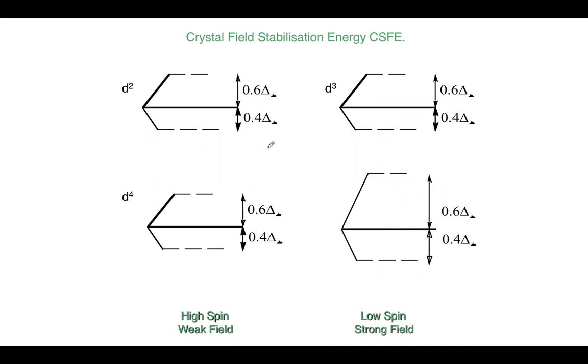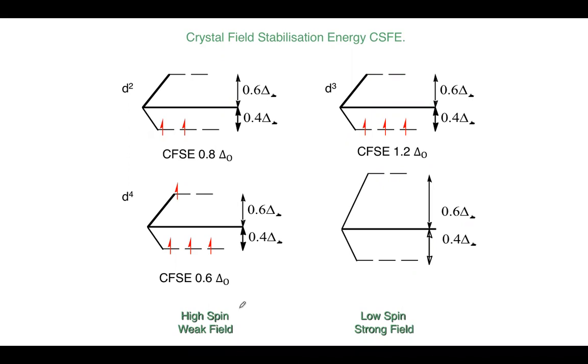So we have d2, d3, d4, and so on. If we've got d2, we have a crystal field stabilization energy of 0.8 because it's 0.4 plus 0.4. Here it's 0.4 plus 0.4 plus 0.4, that gives us 1.2. Here with d4, we have 0.6 because we have 0.4 plus 0.4 plus 0.4 is 1.2, but then we subtract this destabilization effect of the 0.6. And so this is for the d4 high spin case, which is an effect of the ligands,